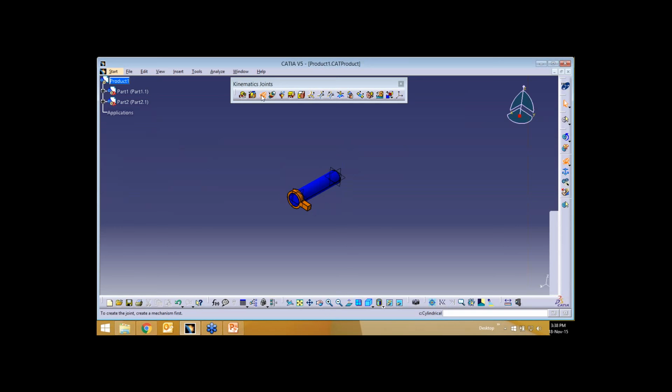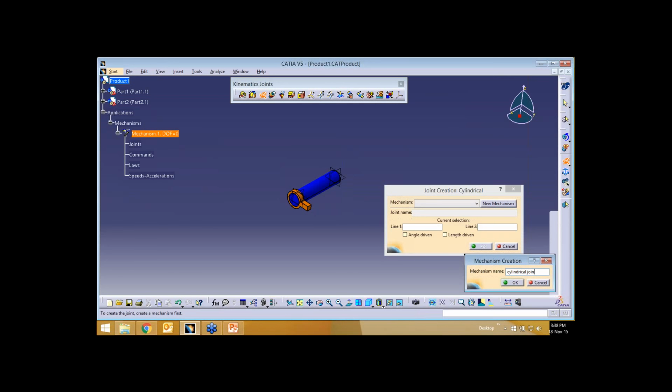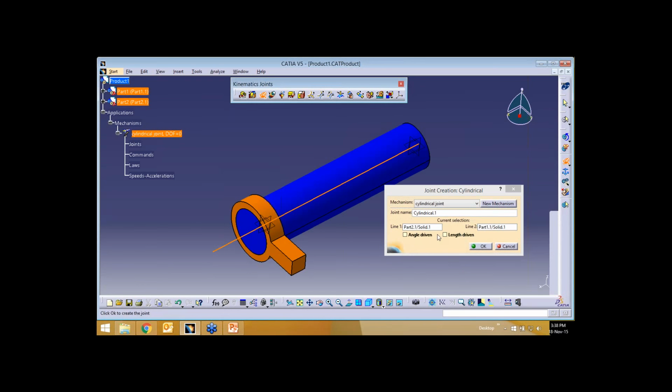And for creating this mechanism, you need to give two different inputs. One is this axis, and to this axis you have to give a line coincidence, which will be created. So if you see there is no coincidence constraint available; when I say okay, a constraint will be created. See here, a constraint has been created. So we have just applied a constraint, which is the axis of this orange color part to the axis of this blue color part.